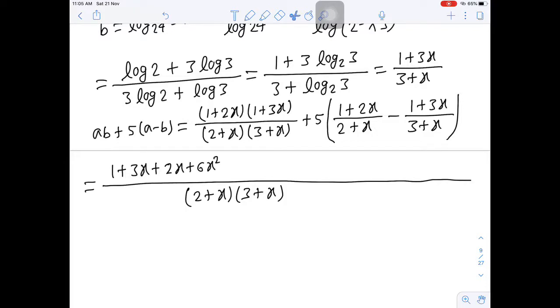Okay, over here if you take LCM, so you will get 1 plus 2x into 3 plus x, and outside 5 is also there, so outside 5 is there, and then inside you are getting 1 plus 2x into 3 plus x. So if you multiply, you will get 3 plus x plus 6x plus 2x square, and then minus, you will get, if you multiply by 2 into 1 plus 3x, so you will get 2, and minus 2 minus 6x, and then minus x and minus 3x square.